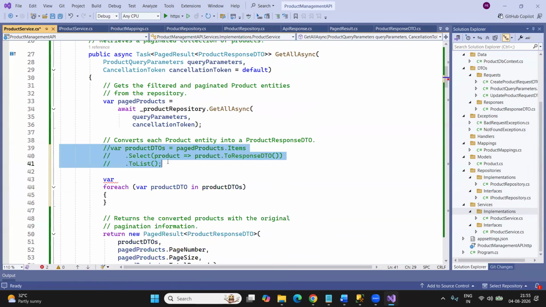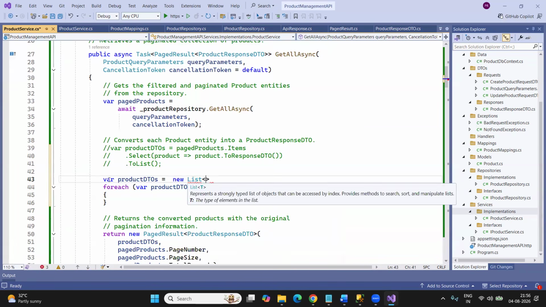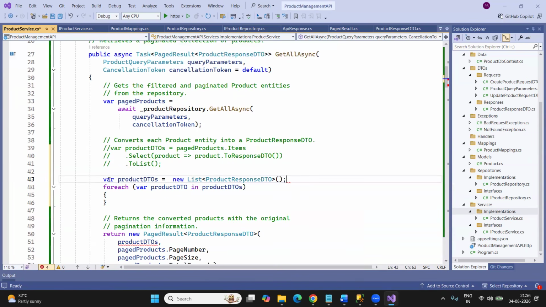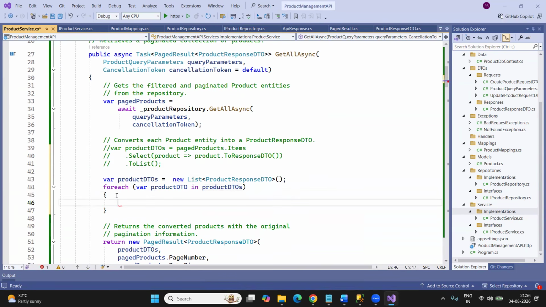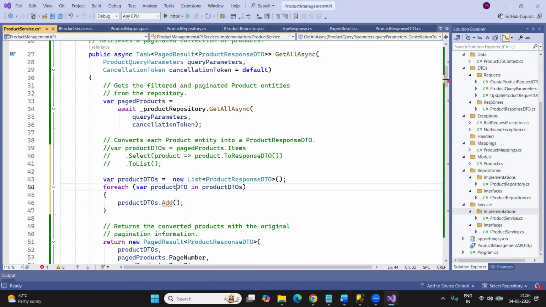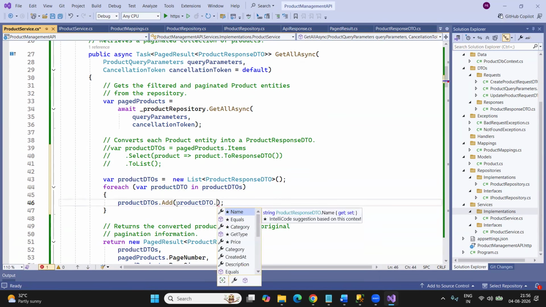If this is not clear, that simplified version I can also create. So now I'm creating a new empty list of product response DTO. Then what I need to do? Product response DTO dot add. So to this method, what I need to do? Product DTO dot